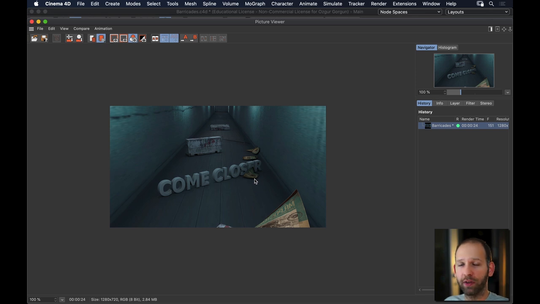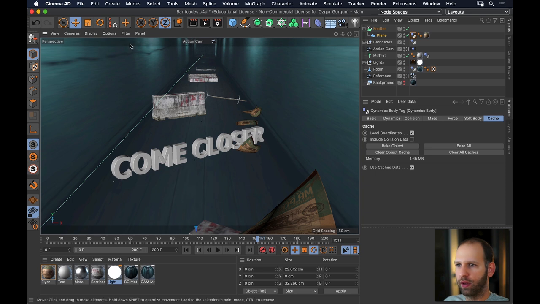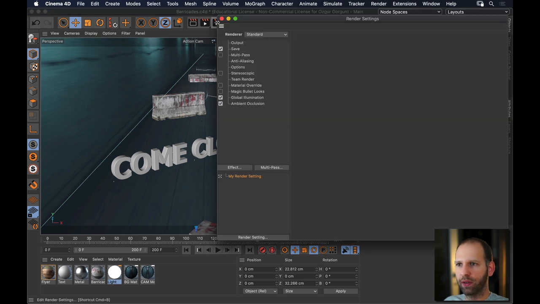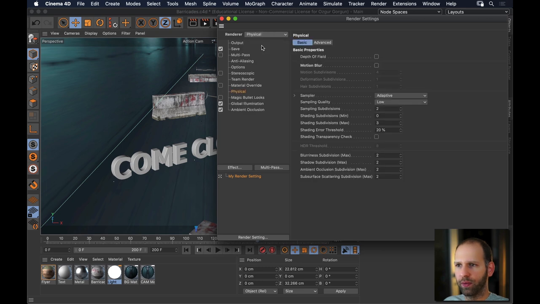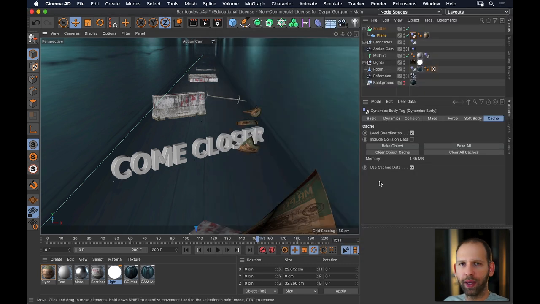And that's possible by using a physical renderer. So let me show you how. I'm going to close this, and then open up my renderer, and change it from the standard to physical. And under the physical tab now, we have the motion blur option. I can just turn this on. Without changing any of the settings, if I just close this, and then render again,